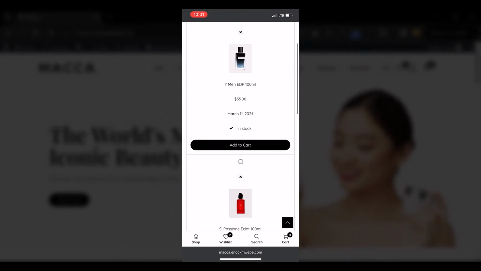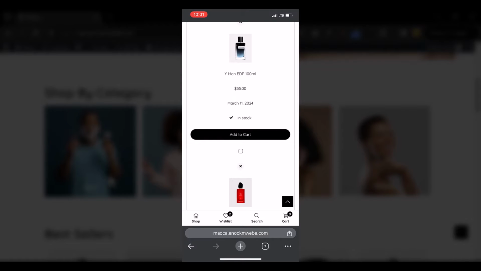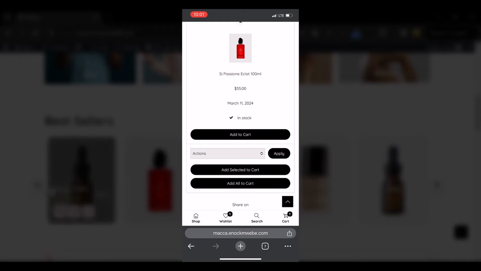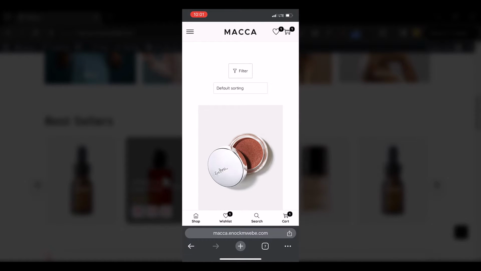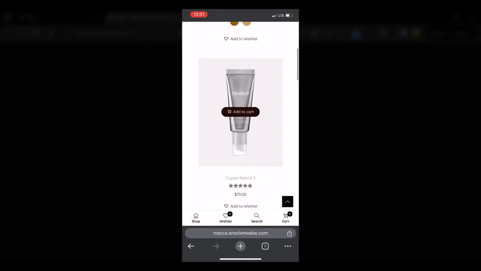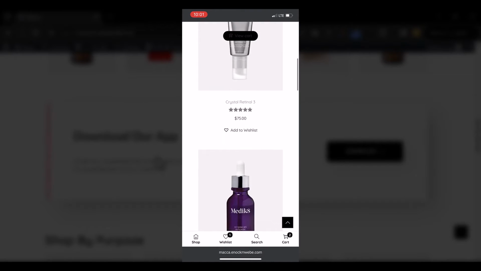Okay, so right now I can click and add this to the cart and I'll close that, and I can go back to the shop maybe if I want to shop more products. Okay, so now, if I'm right here, I can click and add this to the cart. Okay, so whenever something is added to the cart,